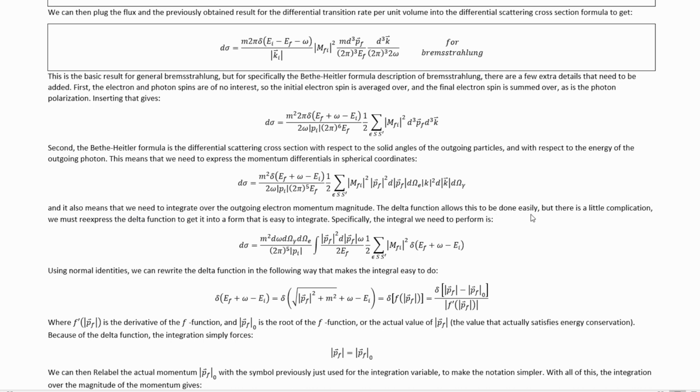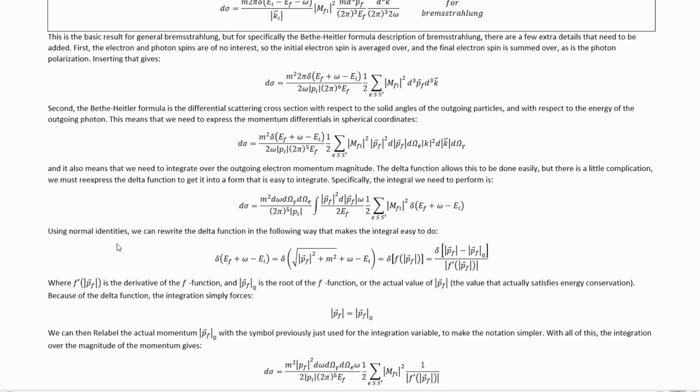The delta function allows this to be done easily, but there is a little complication. We must re-express the delta function to get it into a form that is easy to integrate. Specifically, the integral we need to perform is this, and using normal identities we can rewrite that delta function like this, where f prime of the pf vector magnitude is the derivative of the f function and the pf vector magnitude naught is the root of the f function, or the actual value of the pf vector magnitude, meaning the one that satisfies energy conservation. Because that's what this original delta function is imposing,